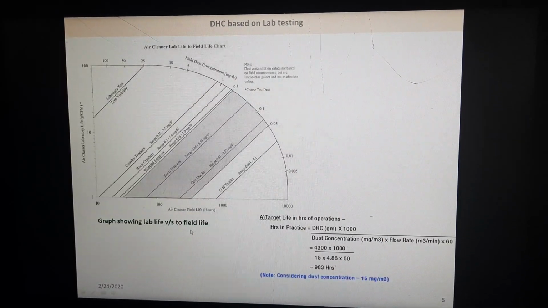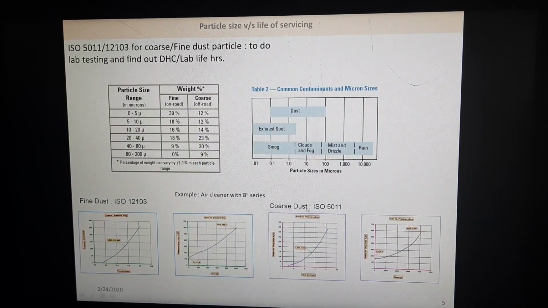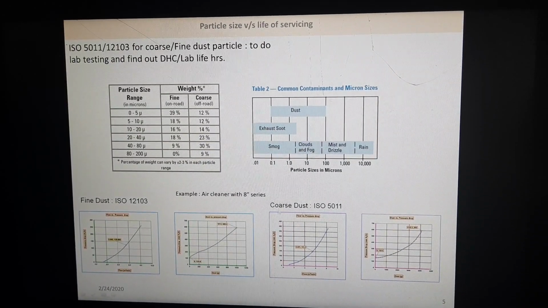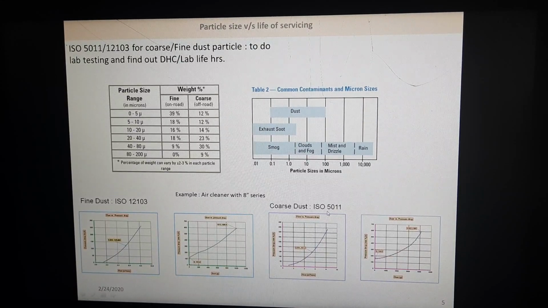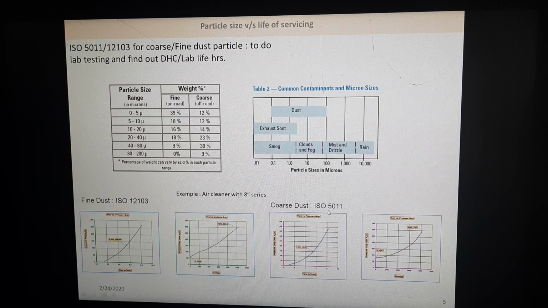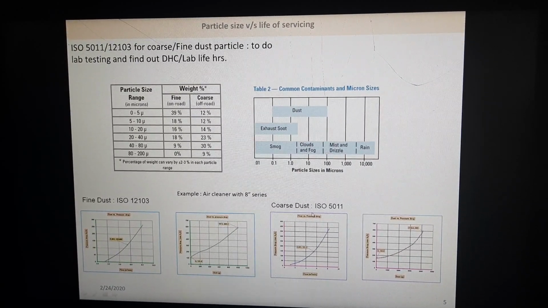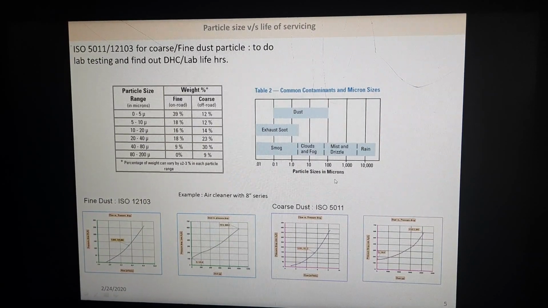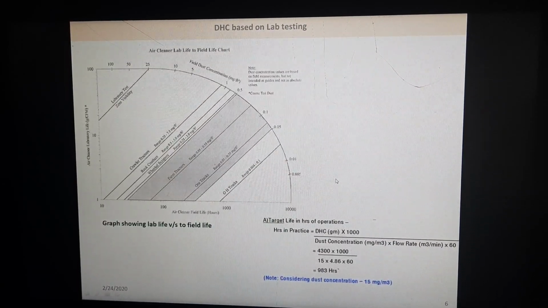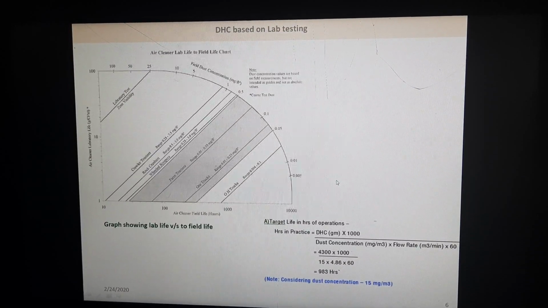It varies from filter element to filter element. This is just a particular example given for the 8-inch series, based on the ISO fine and coarse dust concentration, as per ISO standard 12103 and as per ISO standard 5011. So this is just a DSC curve,